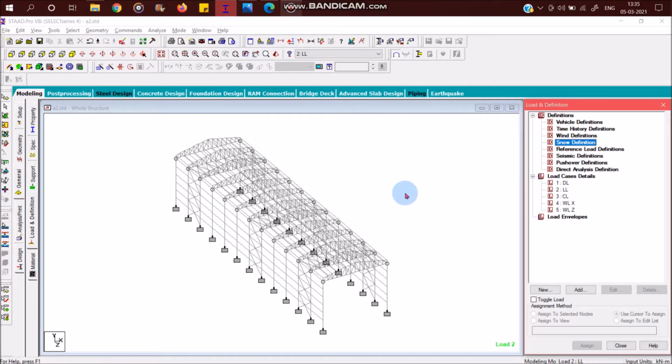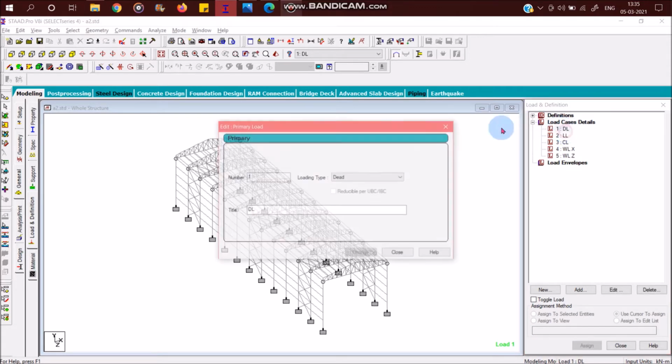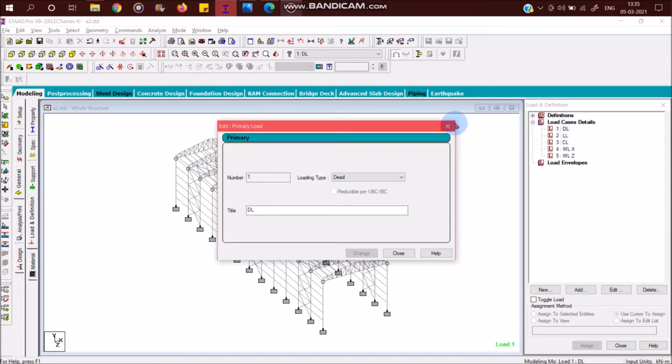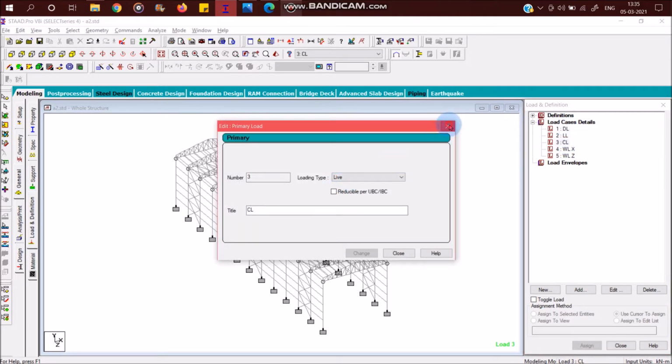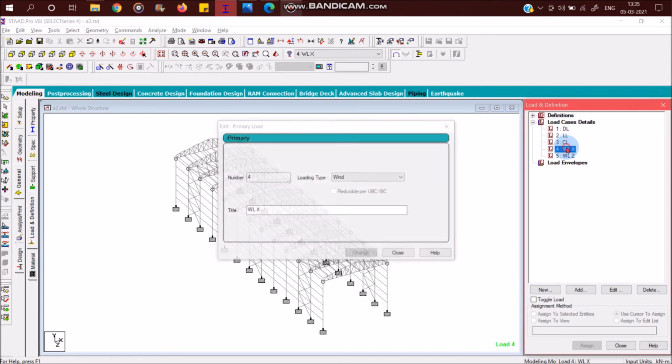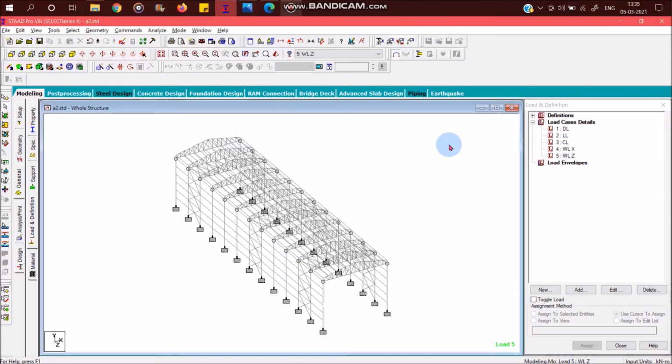Hello everyone. So in this video we're going to start with load conditions. For the load conditions I have already given just the name for it. Dead load, for that I have selected the option dead load, and for live load. For crane load you have to again select live load because it comes under live load only. And for wind load I have just selected wind load in X and Z direction. I have not considered the positive and negative impact on it because it is a symmetrical structure.